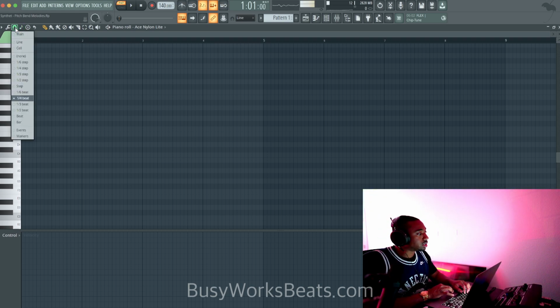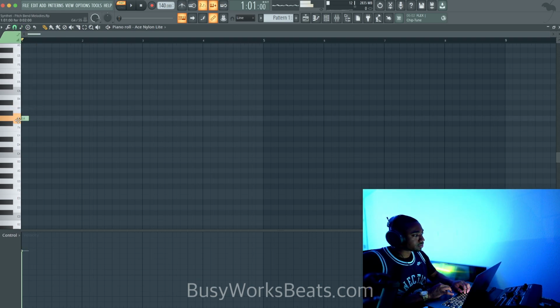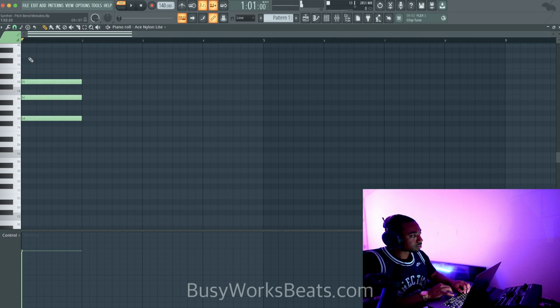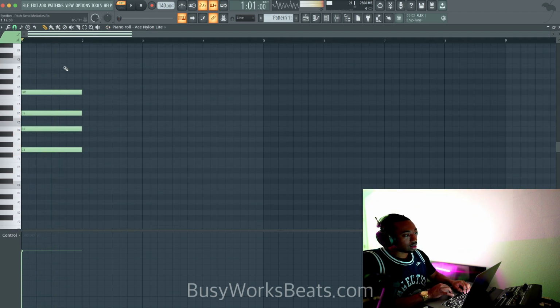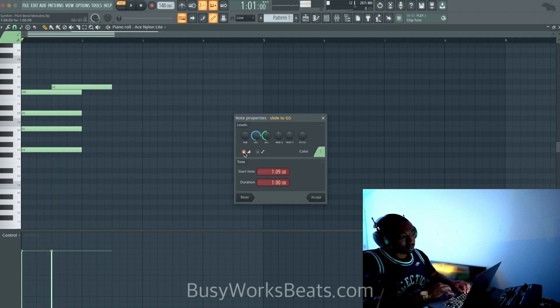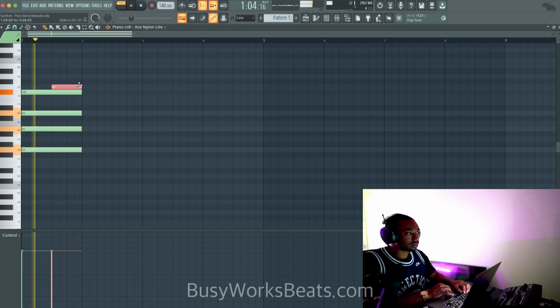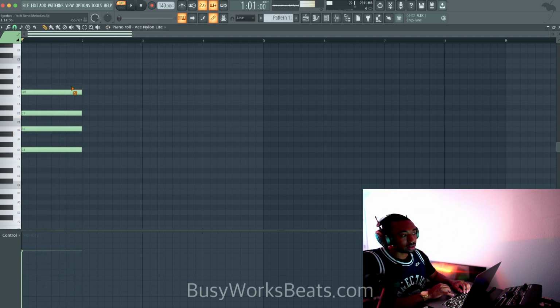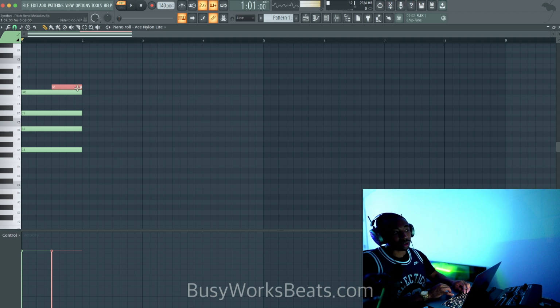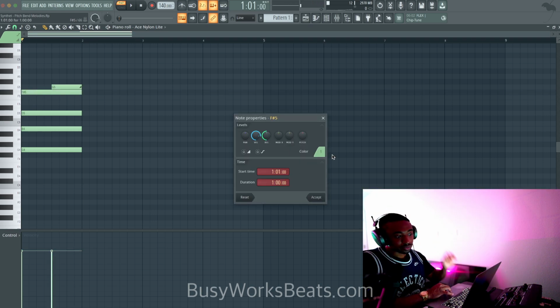And what we're going to do is change our snap to grid. And let's make the G major 7th chord. Okay, now what we used to do is double click a note and then make a slide note. But the problem is this slides the entire chord up a half step. Okay, so that sounds cool, but let's say we want to slide only one note to create legato bends. What we can do is actually get rid of this top note or just double click and change the color.